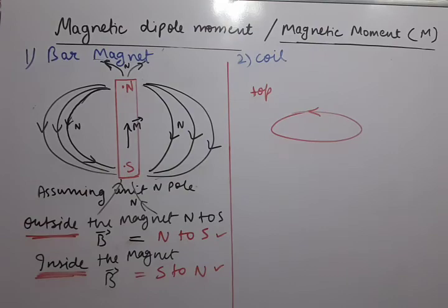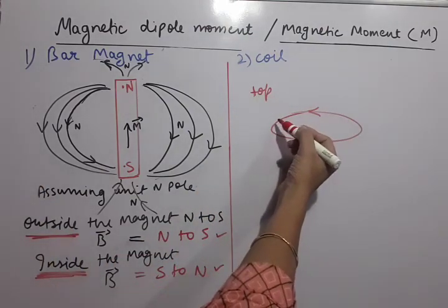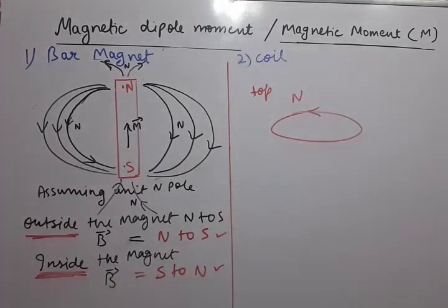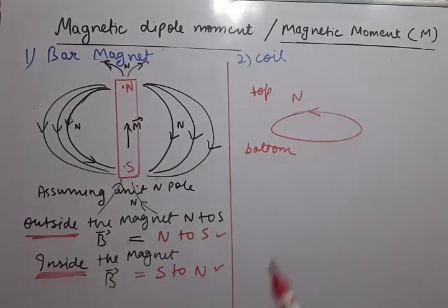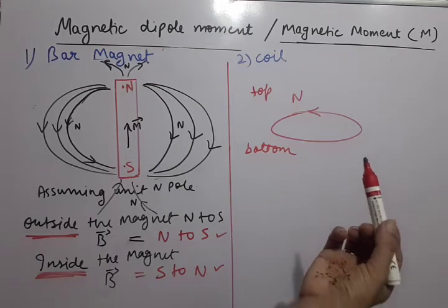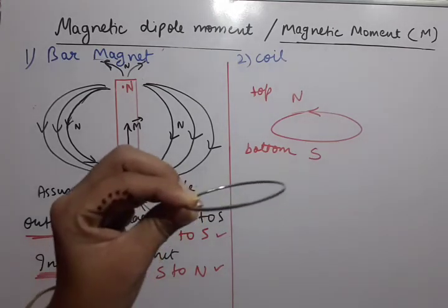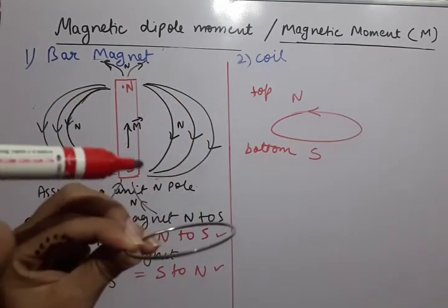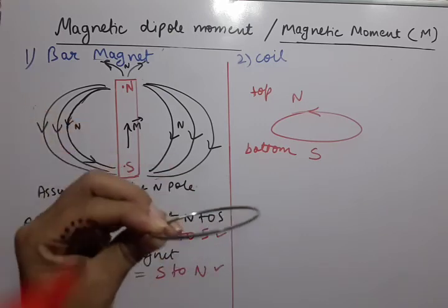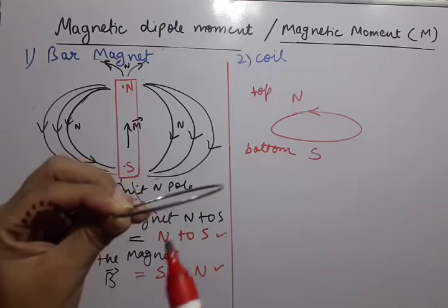Fine. So now from the top, because we can see an anti-clockwise current, anti-clockwise means it is like an N pole, the top side of the coil. And from the bottom, because the current will look like a clockwise current, clockwise means south pole. That's why, if any single current loop is given, then if the front face is north pole, its back side face is south pole. Okay, that way it is.